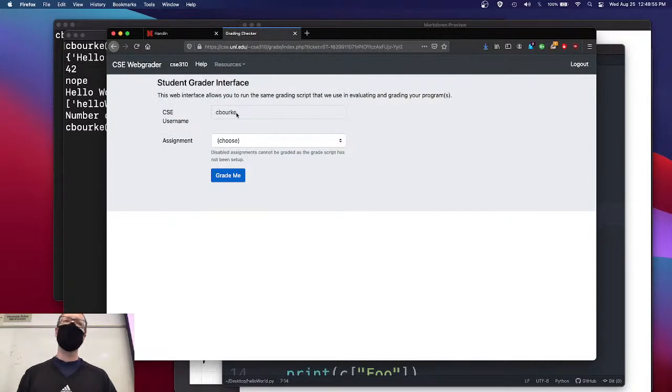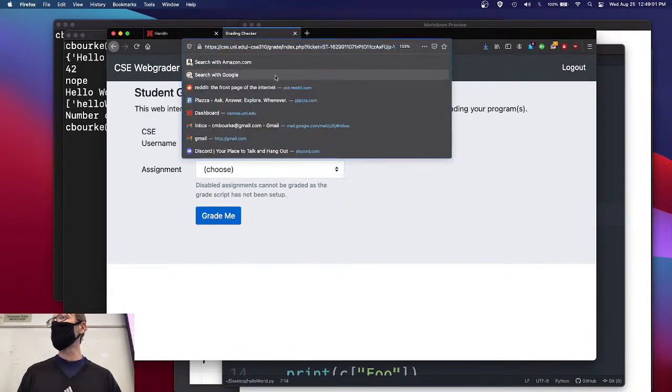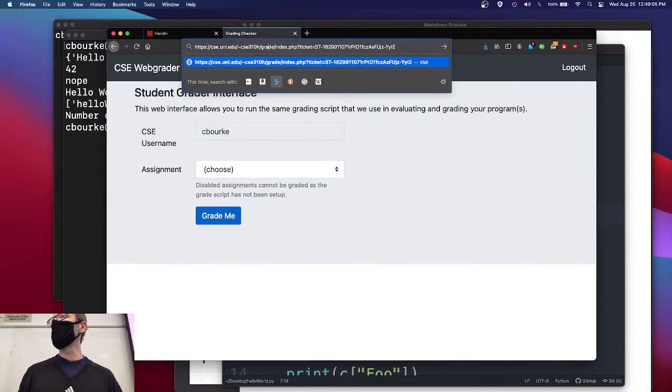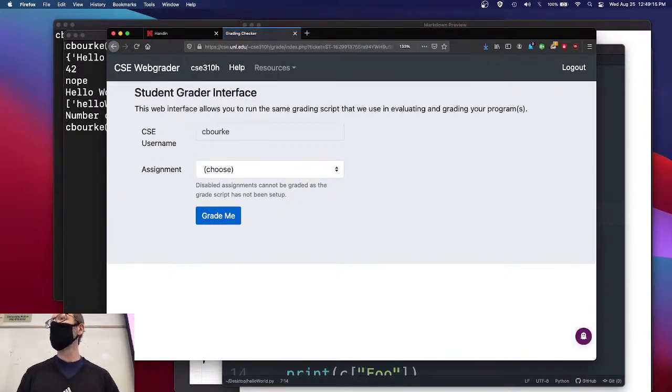Now let me go over to the WebGrader interface. Oh, nope, never mind. This is for the regular class. I don't know whose section that is either, by the way. But I will go ahead and go with 310H. There we go, 310H grade. And there's that hello world that you can go ahead and test right now